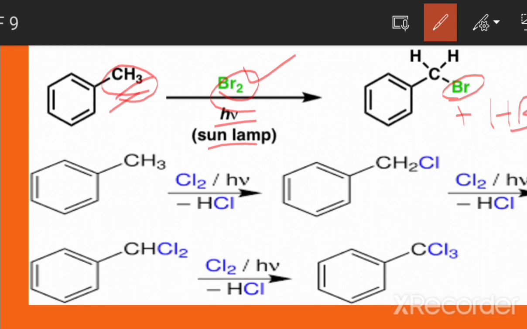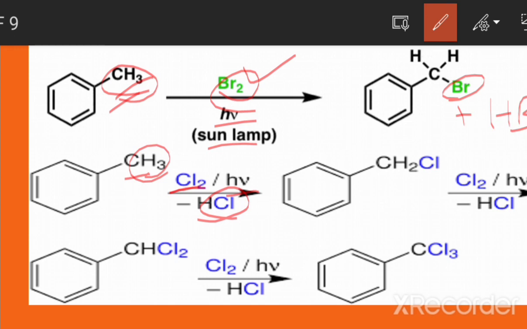and one bromine will attach to the carbon that is directly attached to the benzene ring carbon. And the other is we will use a chlorine molecule as a halogen that has the same reaction, but this reaction is a chain reaction in which we add chlorine or halogen in the presence of some energy, and HCl, hydrochloric acid, will be removed as a byproduct, and this reaction is a chain reaction in which the chain forms, because the carbon has three possible positions in which the chlorine atom will attach,